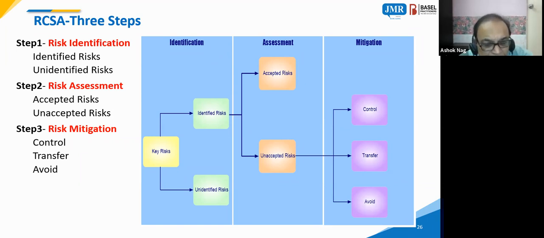And then what is control transfer? For example, something may go wrong. You have IT assets, and some kind of network can fail. If the network fails, for how many hours can it fail? People are not able to access their account when they visit the branch. What can be done? What can they transfer? Can I say that at another branch I can have a process where they can go there and do the same thing? Then how do I avoid and how do I control? These are the three things that have to be there.